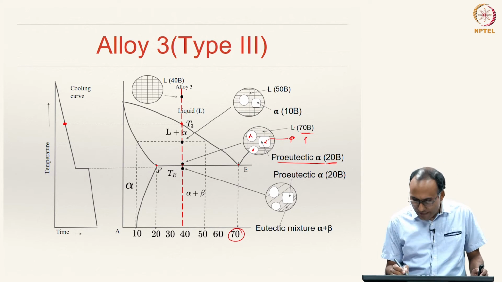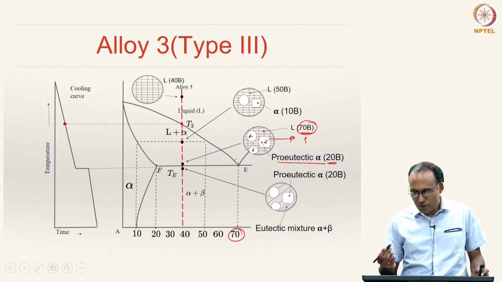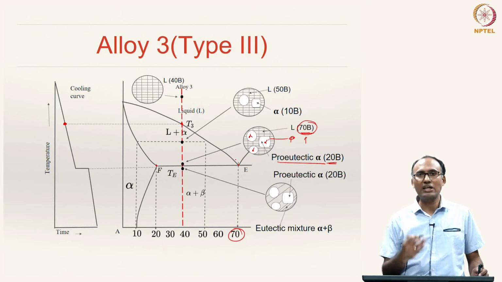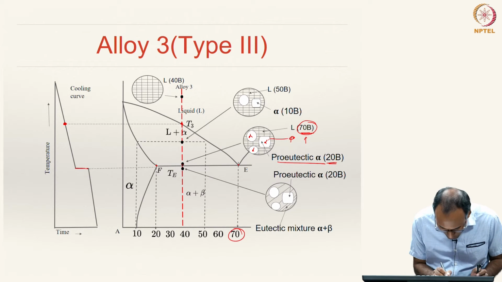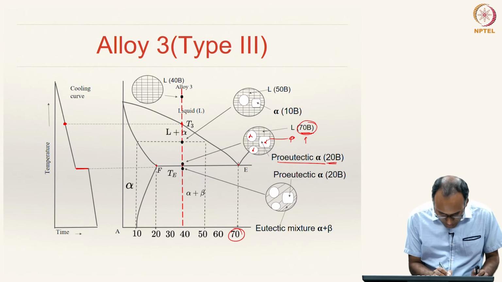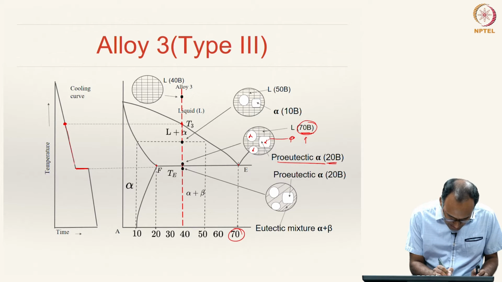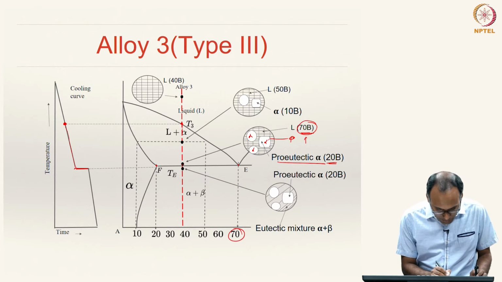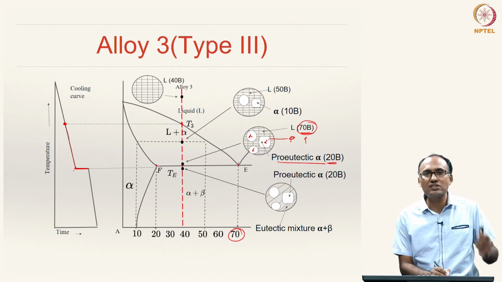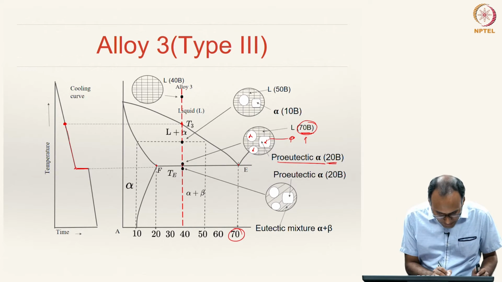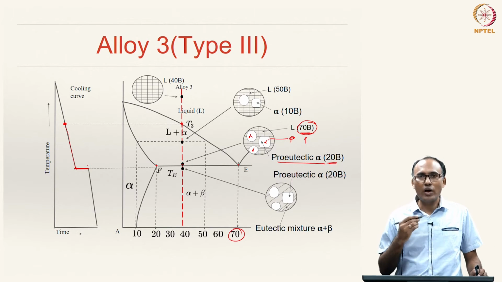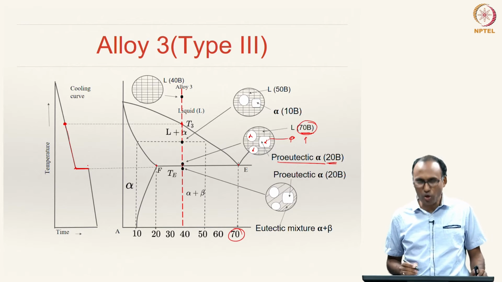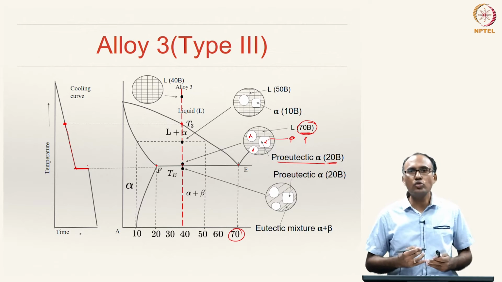Since the remaining liquid has reached the eutectic composition and the temperature is the eutectic temperature, what should happen? The remaining liquid should go through a eutectic reaction, and that happens at constant temperature. That is why you see a constant line, because up to here the liquid is crystallizing solid alpha, and then at this point the remaining liquid has reached the eutectic composition and eutectic temperature, and hence at constant temperature the solidification happens, and the solidification results in formation of two solids, a liquid transforming to two solids. Here the two solids will be two solid solutions, right.